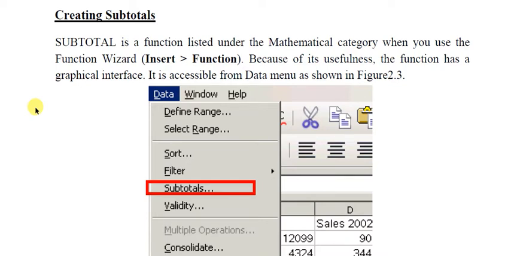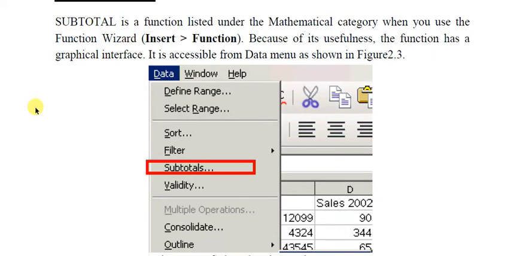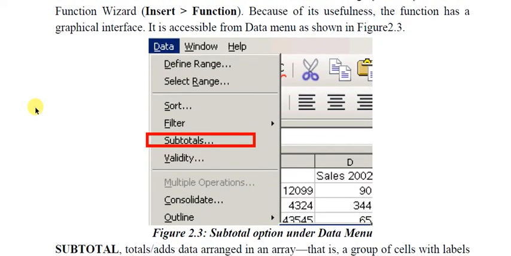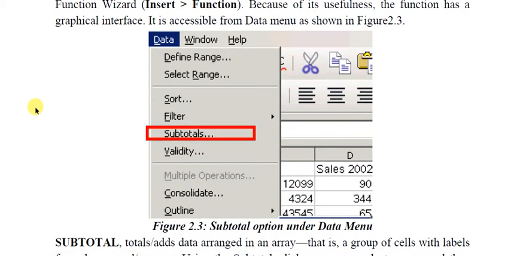Okay, suppose subtotal of a particular exam, suppose periodic test 1, periodic test 2 and half yearly, then periodic test 3 and so on. There are various tests. Those can be subtotals, and at the end you have a grand total. Okay, it is accessible from the Data menu. And what is the menu? Data, then you can have Subtotals. Okay, you can see this Data and Subtotals.